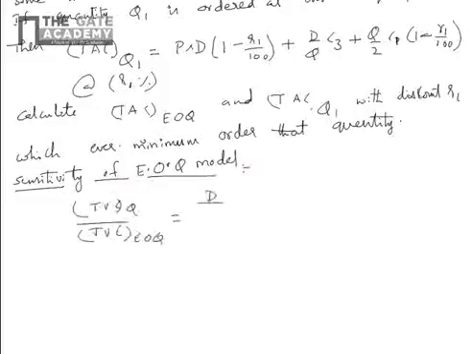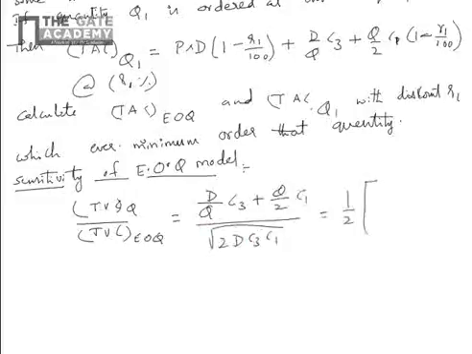So total variable cost at any quantity is D by Q into C3 plus Q by 2 into C1, divided by root of 2 D C3 C1. After simplifying, you will get Q by EOQ